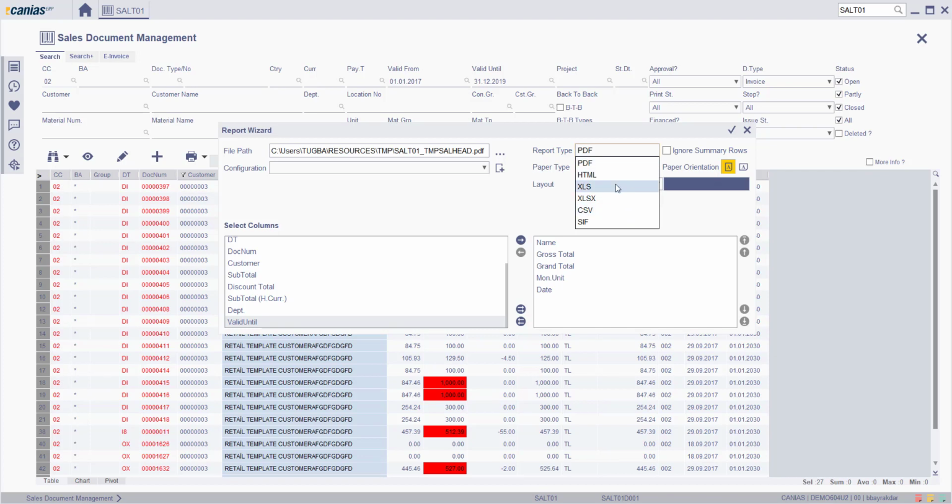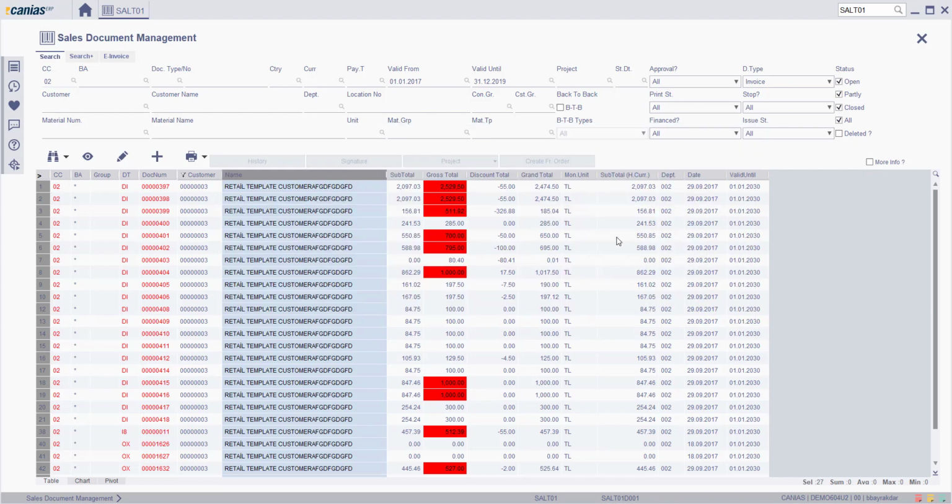You may choose PDF, HTML, XLS. I'm going to choose XLS now, and then click on the confirm button.